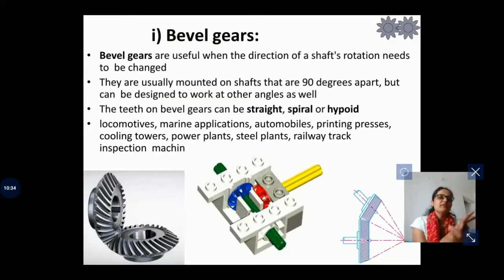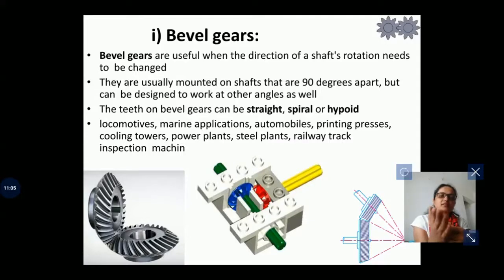The bevel gear is used when shaft positions are 90 degrees with each other, or it can also be used at less than 90 degree angle, but the axes of the shafts are intersecting somewhere. When axes of shafts are intersecting, the bevel gear will be used. We can easily see the application of bevel gear in the differential gearbox, which is used in our automobile.